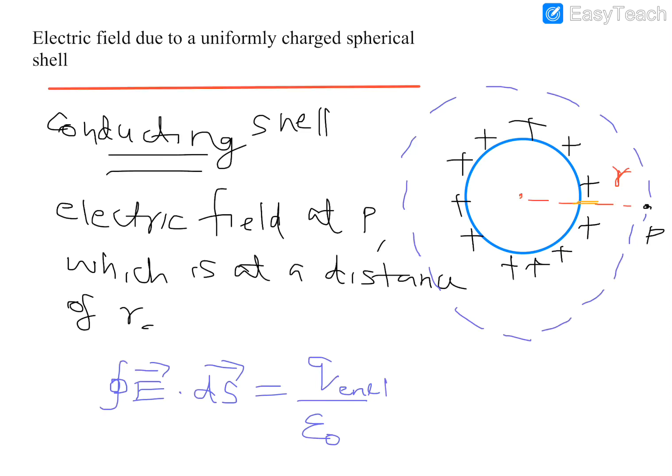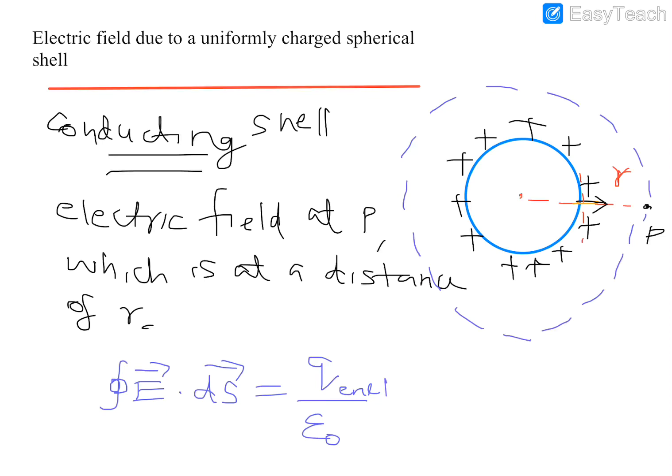If you consider the diagram, you can see that the area vector will be like this, because if you consider that point, it is perpendicular to the tangent drawn at that point. So the area vector is perpendicular to your surface, because we will check it by drawing a tangent, if it is making an angle of 90 degrees with the tangent or not. Here it is making an angle of 90 degrees with the tangent. So this is your area vector.